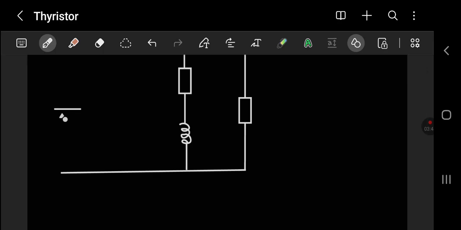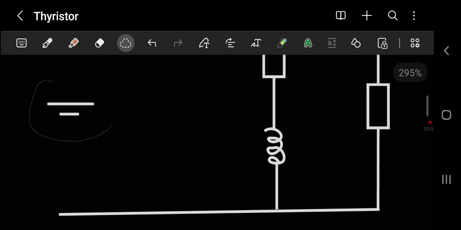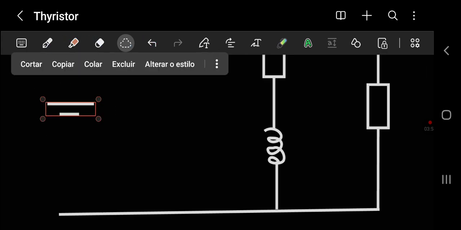So right here we have a battery, sorry, a DC source,